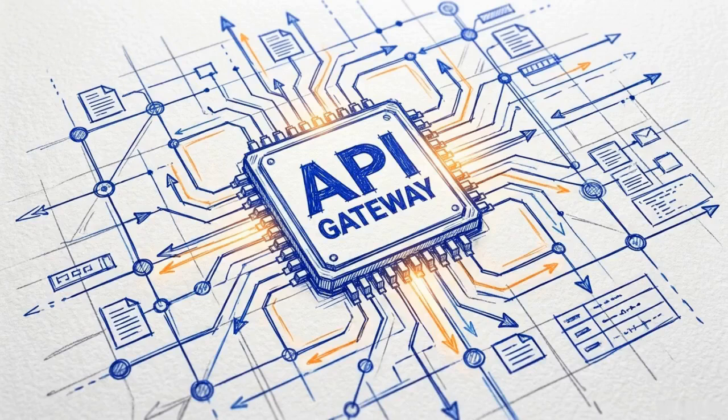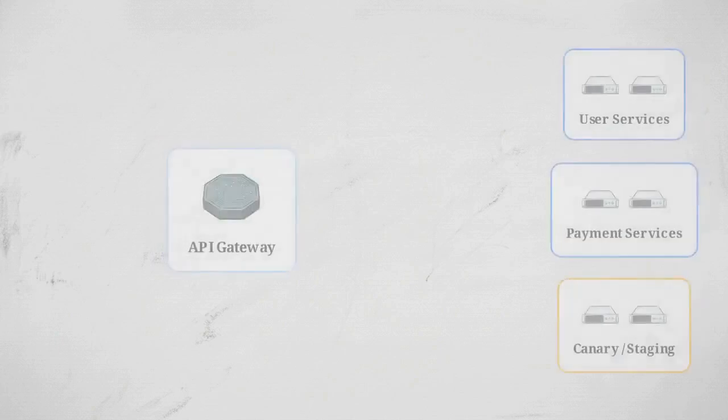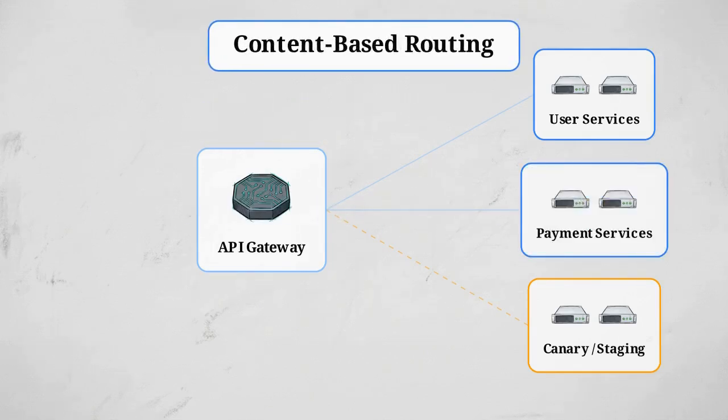At runtime, the gateway functions primarily as a centralized, high-speed routing table. It inspects incoming HTTP request envelopes to determine exactly where the data belongs. The most common method is path-based routing. The gateway reads the URI prefix, for example, mapping any request starting with /users to the user microservice cluster and /payments to the billing cluster. It also executes content-based routing. By evaluating HTTP headers and payload metadata, the gateway can route traffic to specific API versions or distribute subsets of traffic to a staging environment for a canary deployment.